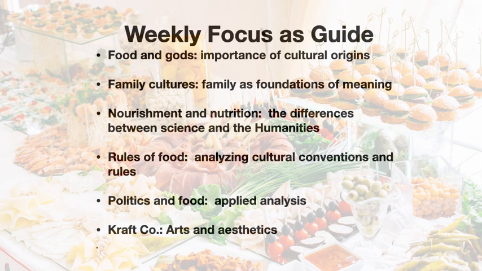That's a type of applied analysis of cultural texts. So we're taking a political lens and we're asking, how is this issue political? How is this text political? How does this text affect the political world around it? And maybe, how do our own politics make us intersect with that text? Now, I didn't give you a separate lecture on politics and food this week because I think the experience of looking at these texts helps you do that. Think about how you did that and apply it to other texts.